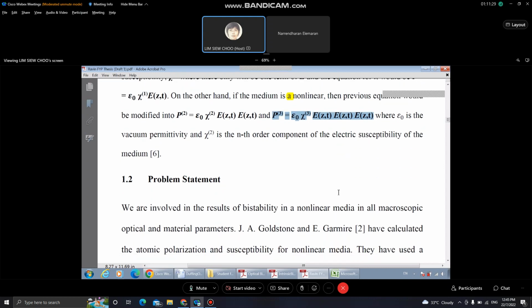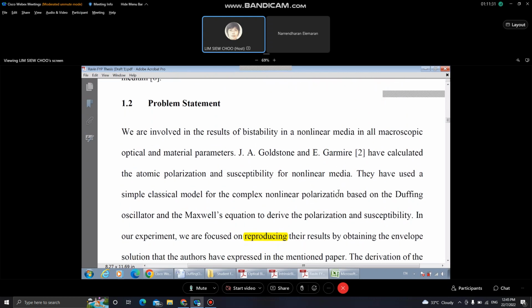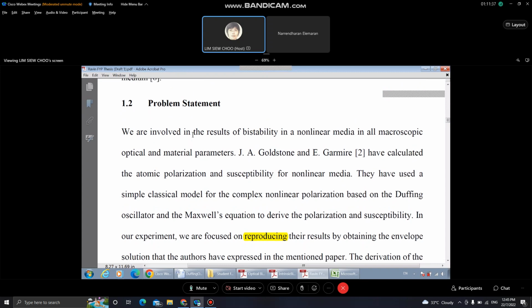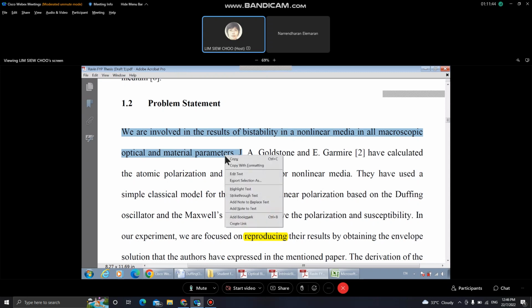And the problem statement. In the problem statement, I think you have to correct the English here. You see, I highlighted here. Can you please correct the English?